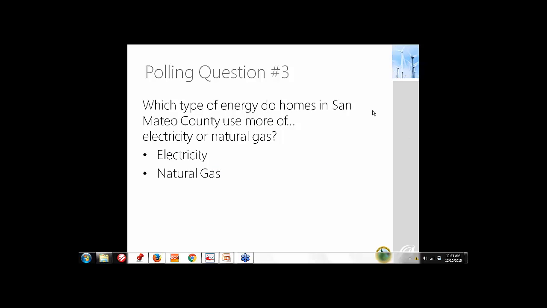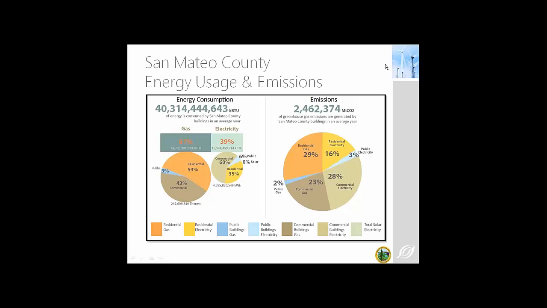If we can go to the next slide, we will show that actually most of our energy comes from natural gas in San Mateo County. The main reason for this is typically other places in the country, your biggest electricity usage is through air conditioning. And here on the peninsula, we don't have to worry too much about that. We have some of the most mild weather in the world, so that doesn't show up in our energy consumption. So it's about 60% of our energy comes from natural gas, which includes heating. Go to the next slide.